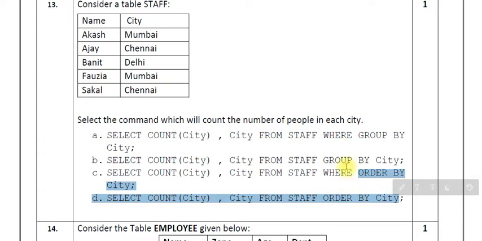Order by is not required. So group by. Group by what? It is going to group by city. So this is how we are going to use again the concept of eliminating the options. Then you have only options A and B with you, so that you can easily find out the correct answer from there.